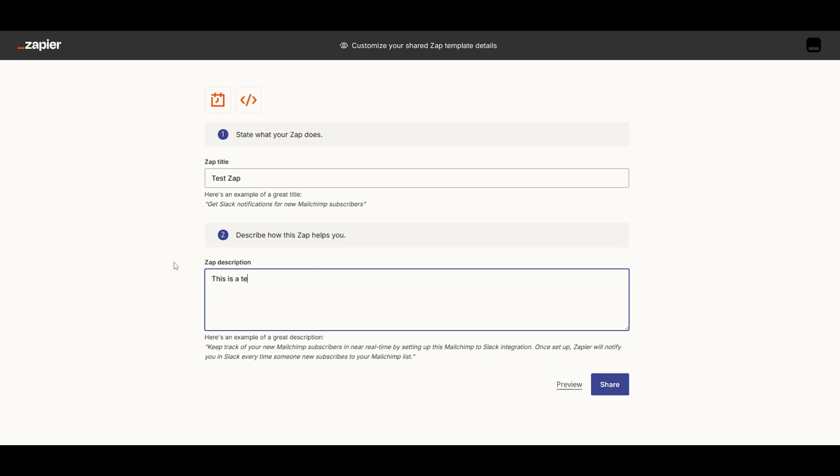Additionally, you can add a description of what your Zap does. This is your chance to concisely explain the purpose and functionality of the Zap, providing users with immediate context when they access it. After you've updated the title and description to your satisfaction, the next step is to click on